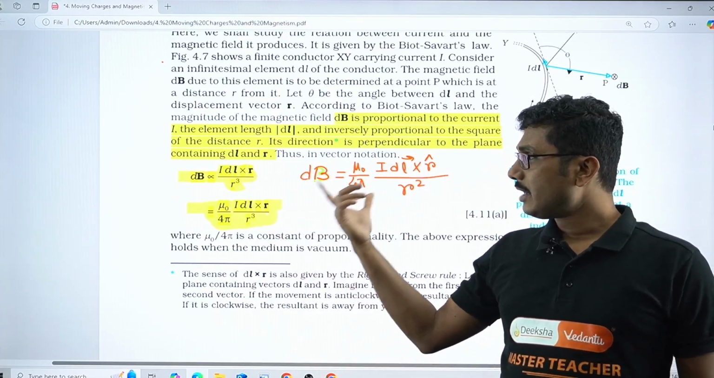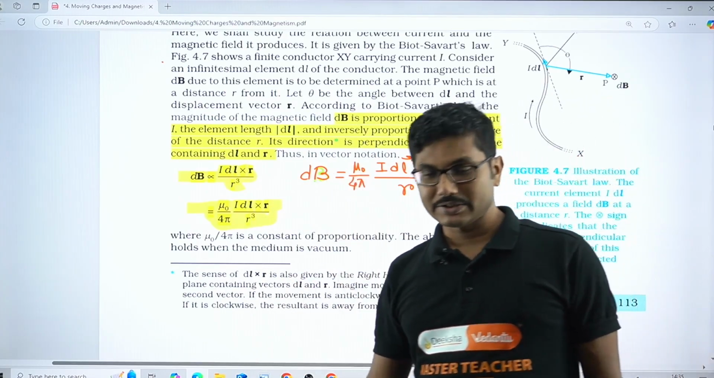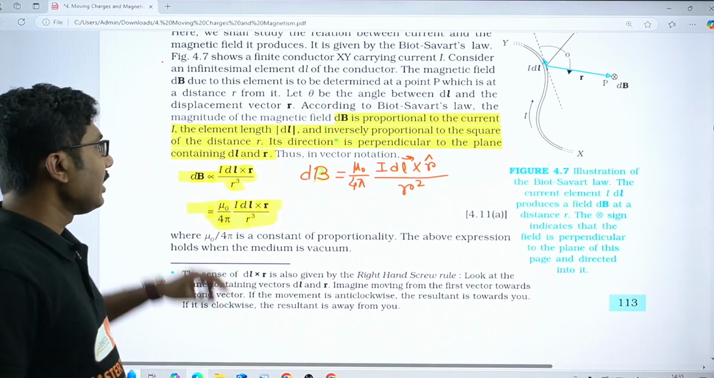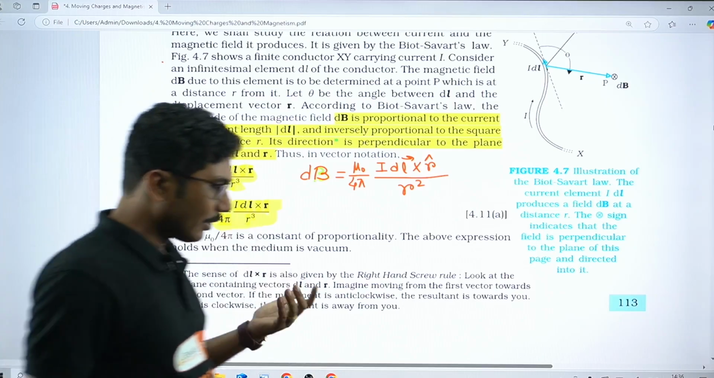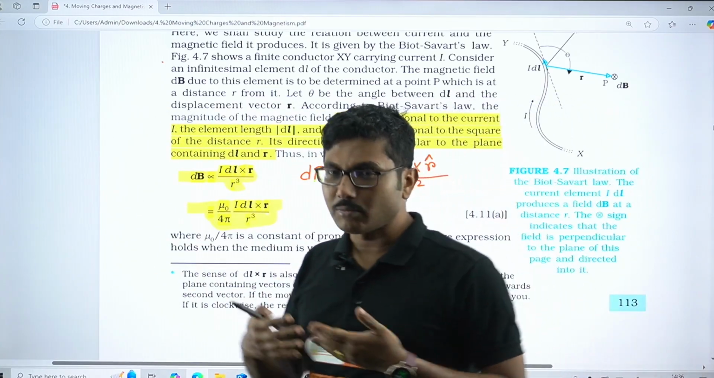Whenever there is a vector multiplication, we always use the vector and divide it with one extra magnitude to compensate the magnitude. That's it. Okay, so till there is one thing that I realize about NCERT book is that it